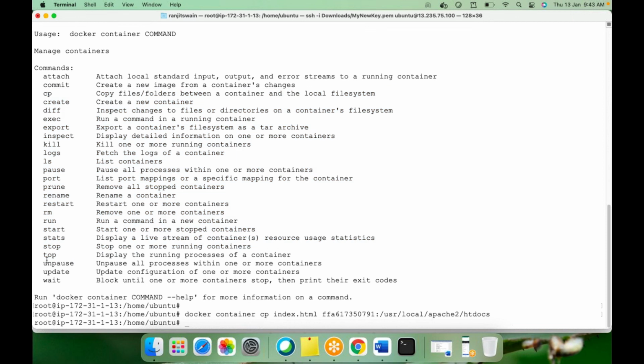Okay, so now, Ranjit, here, whenever you try to copy, every time it will be overwritten. Yes, it will override. If you want to append it, that's not the way. You have to